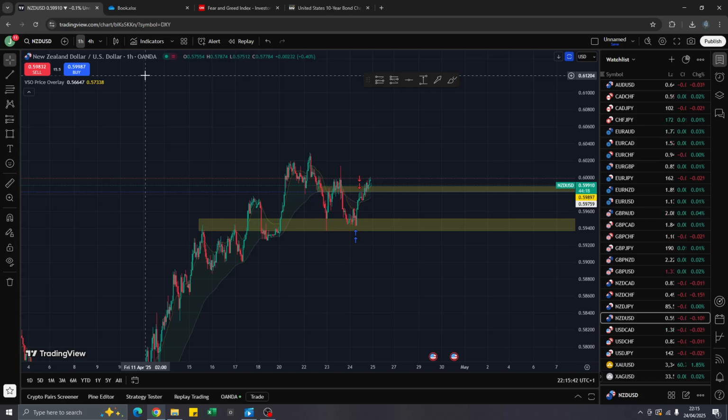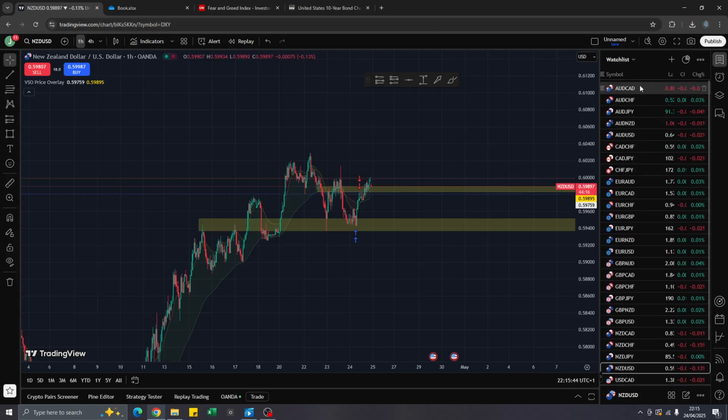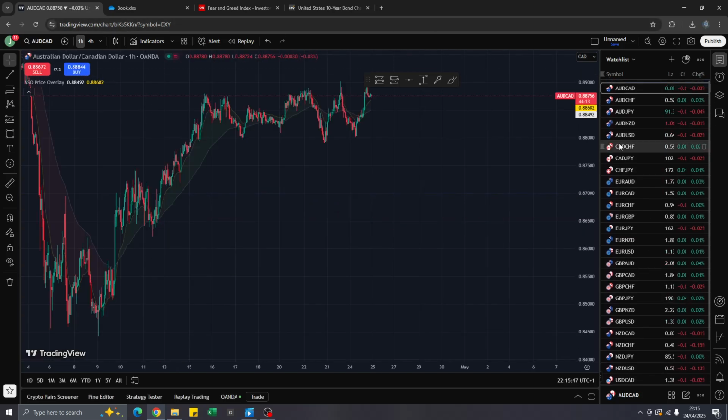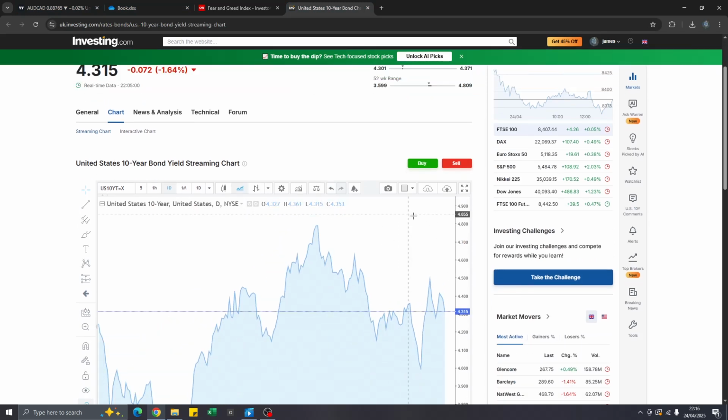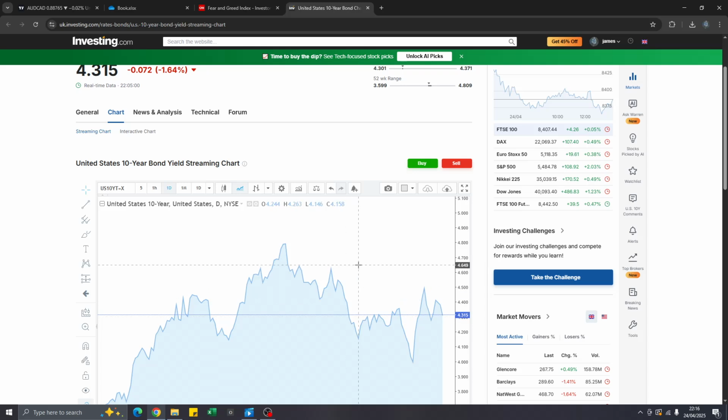Look at the indexes. They are way more useful than all of this. Way more useful. Fear and greed index. This is very useful. This is good for determining whether macros are important or headlines are. Extreme fear, extreme greed, everybody stops listening. Neutral, people are looking at macros. 10-year bonds, what are we doing on the 10-year bond? Oh, we're going down. I'm waiting for it to get around here, and then I'm going to make a gold buy. But it's not there, so I'm not going to.